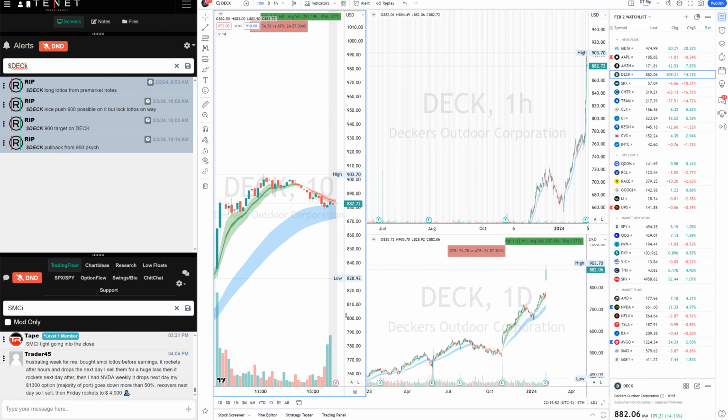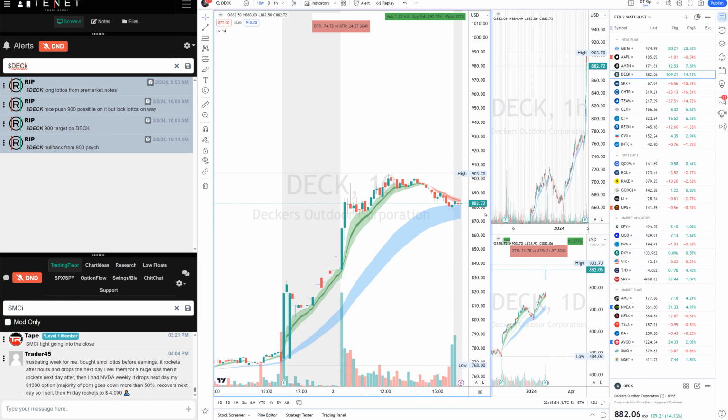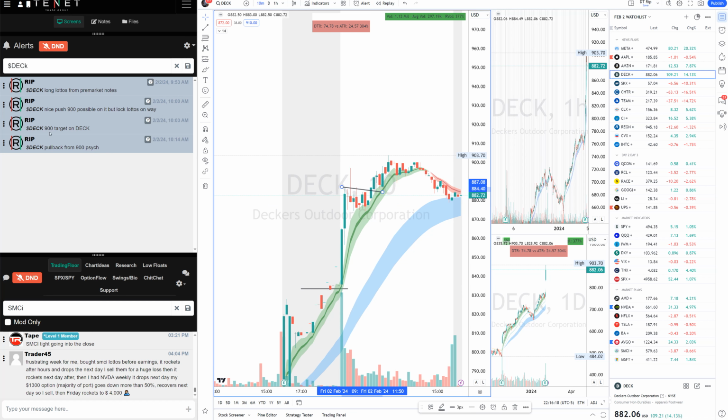DECK pushes right at open, and I told everybody the long from the pre-market. I was busy with other plays, but the plan idea kind of worked out, and even at 10 a.m. it was flagging, and it went on. I gave 900 target to everyone. At 10 a.m. I gave the target, and the stock was trading at 875, and we hit 900